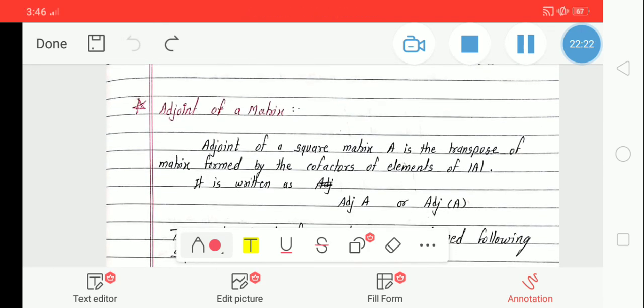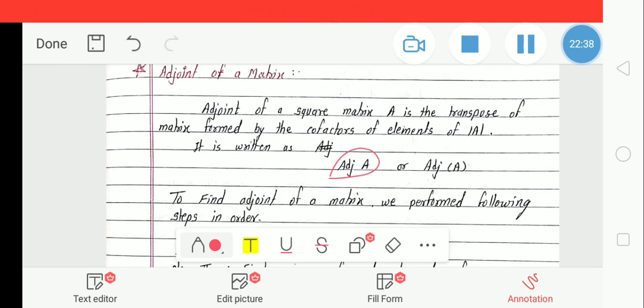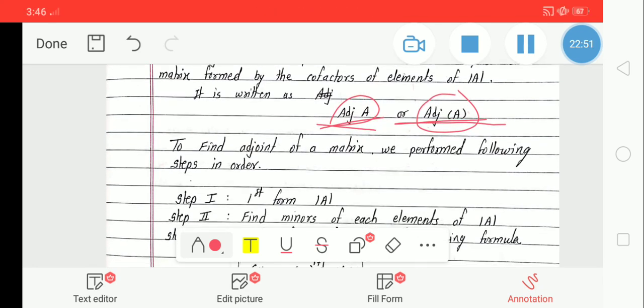Adjoint of a matrix. The adjoint of a square matrix A is the transpose of the matrix formed by the cofactors of the elements of the matrix of |A|. We write it as adj A or adj(A). We denote the adjoint matrix as ADJ of A, meaning adjoint A, and ADJ bracket A also means adjoint A. Now, to find the adjoint of a matrix,